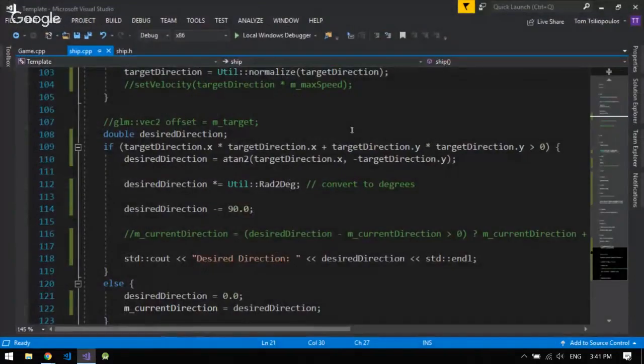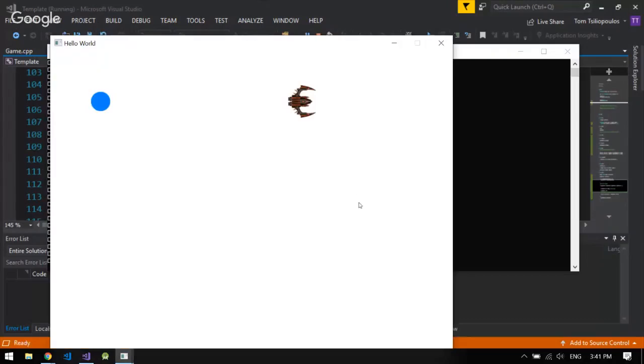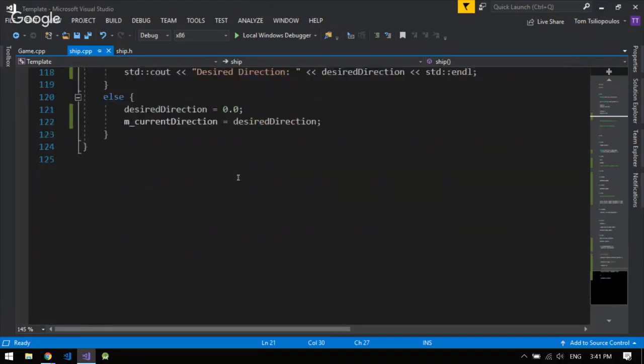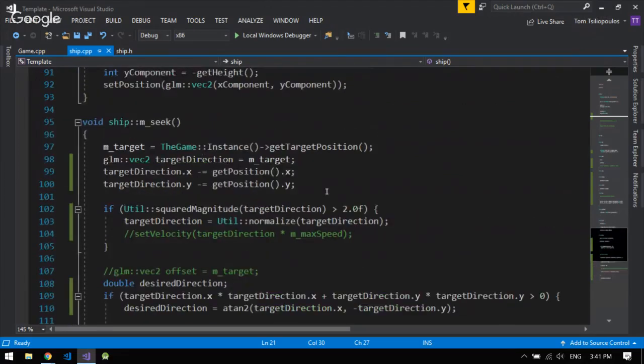So again, what we had last time was something that looked like this, where we can change direction and kind of move towards wherever we want to manually. Now what we want to do is do this automatically. So, of course, we want to use the seeking behavior that we've talked about, a very simple seek. We know the target direction, and normally we'd set the velocity here, but we don't want to do that here. We want, in fact,